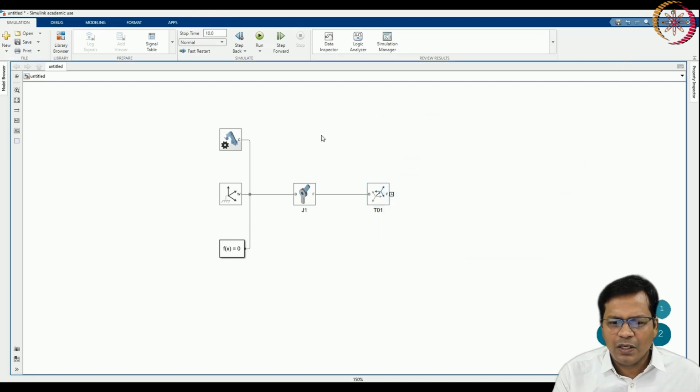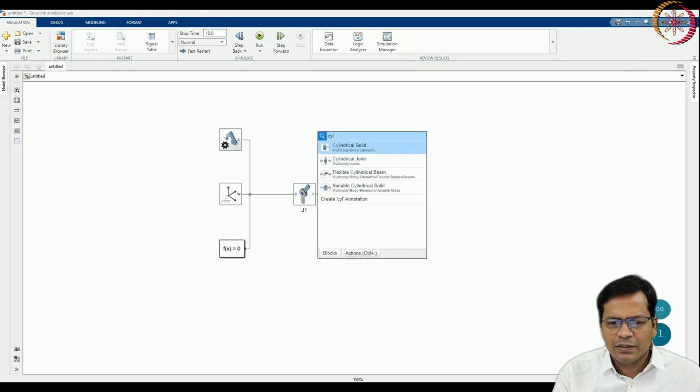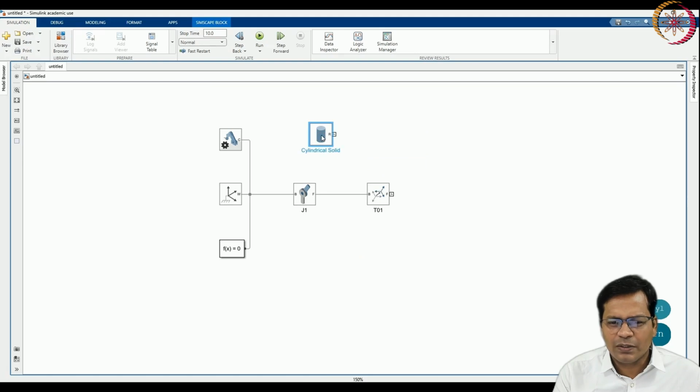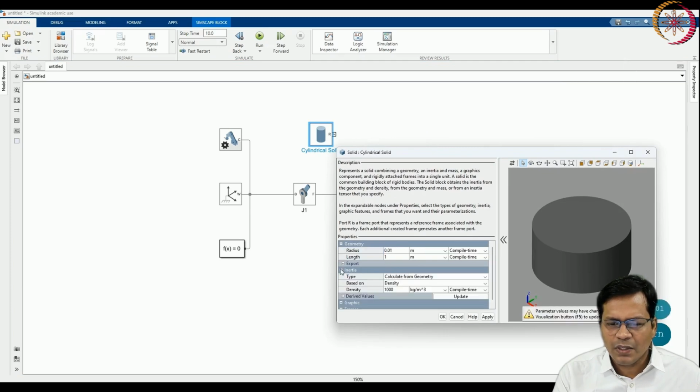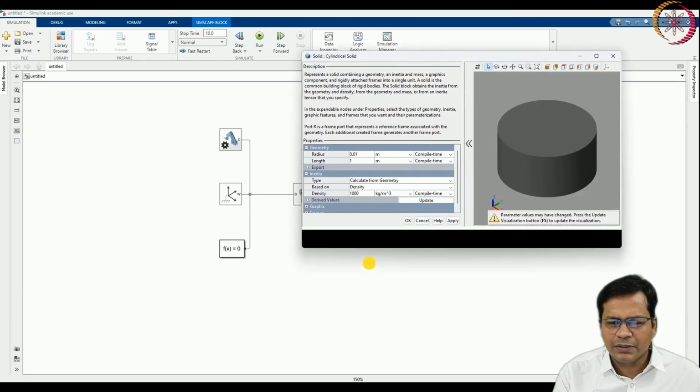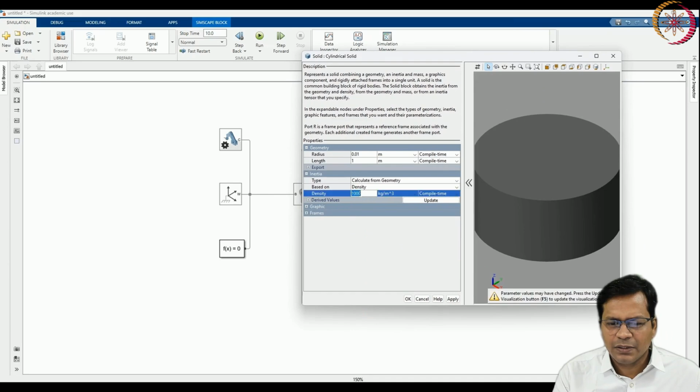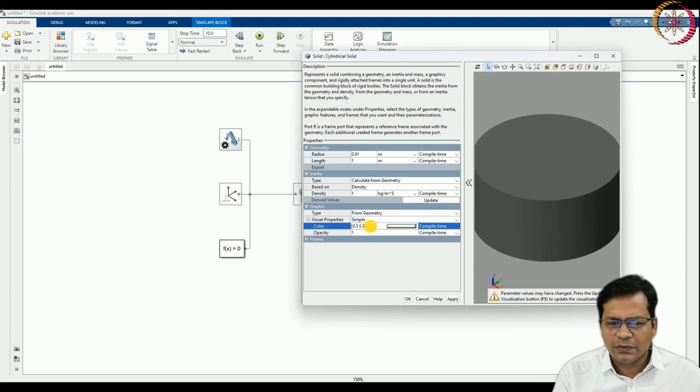Okay, now I will place the cylindrical solid block. Okay, radius is negligible, I have set it as 0.01. Inertia parameter, I will set it as 1 kg per meter cube. So that is basically the density of the cylindrical block that I have placed. This is going to become your link.